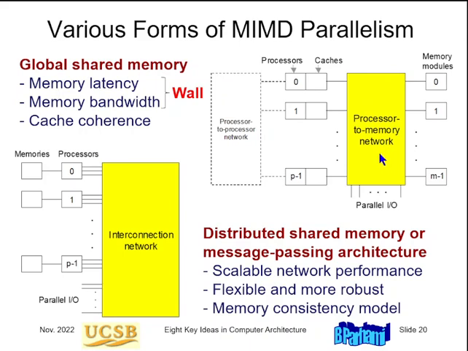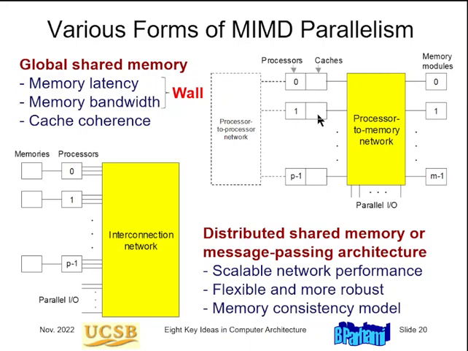Because this processor to memory interconnection network can become a bottleneck, given that a lot of processors are trying to access a lot of memory modules at the same time, a cache memory may be provided adjacent to the processor, so that, just like the way caches work, most of the time the processor finds the data it needs in this cache. If it doesn't find it there, it goes to main memory and fetches the data.